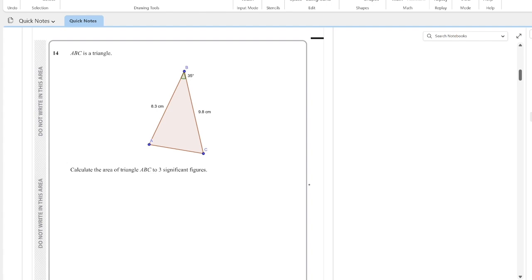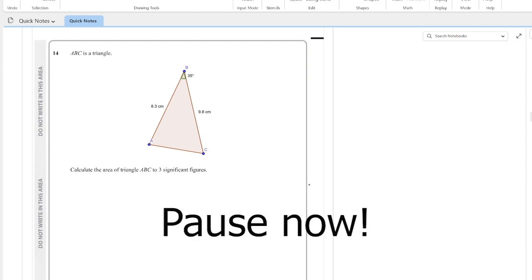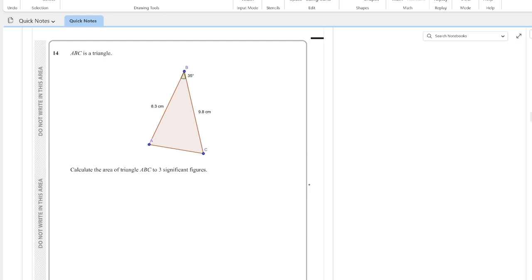Here is question 14. This is the reconstructed question. Pause now if you want a chance to retry it. Okay, so